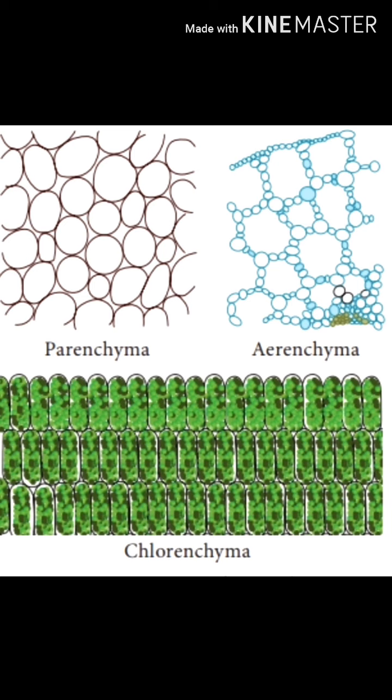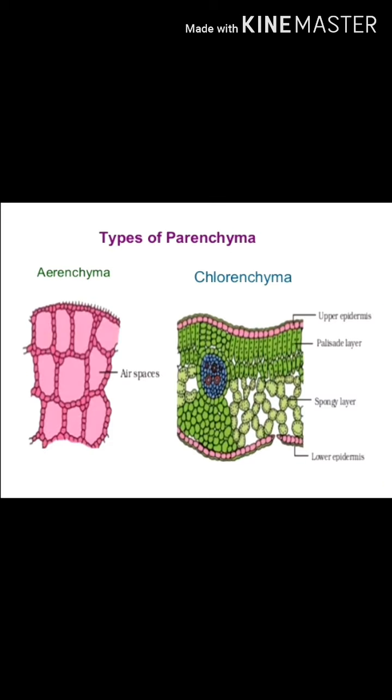Parenchyma serves as a packing tissue to fill the space between other tissues. These cells store food. In some situations, they contain chlorophyll and perform photosynthesis. Means these cells have chlorophyll, that is why they perform photosynthesis, and then it is called chlorenchyma. It is present in leaves. So when parenchyma cells have chlorophyll in them, this type of tissue is called chlorenchyma, and it performs